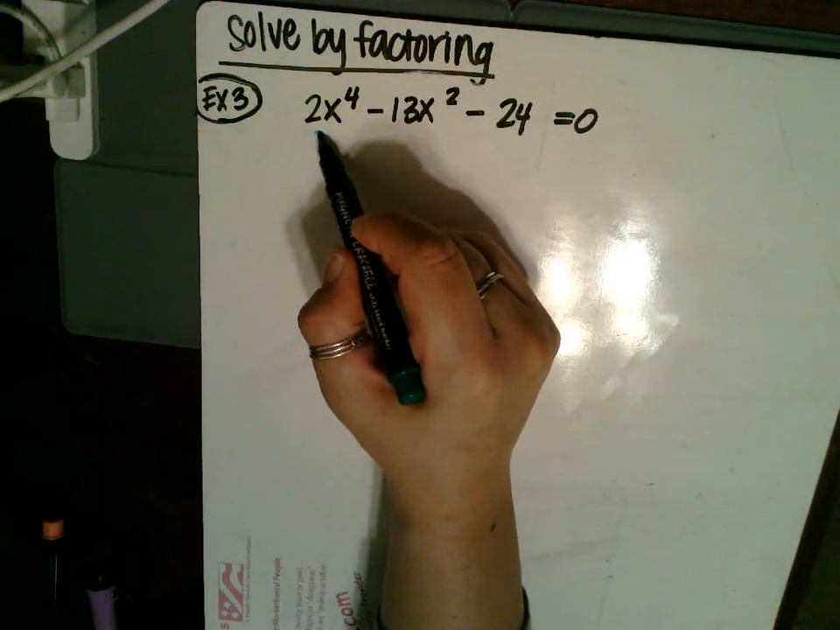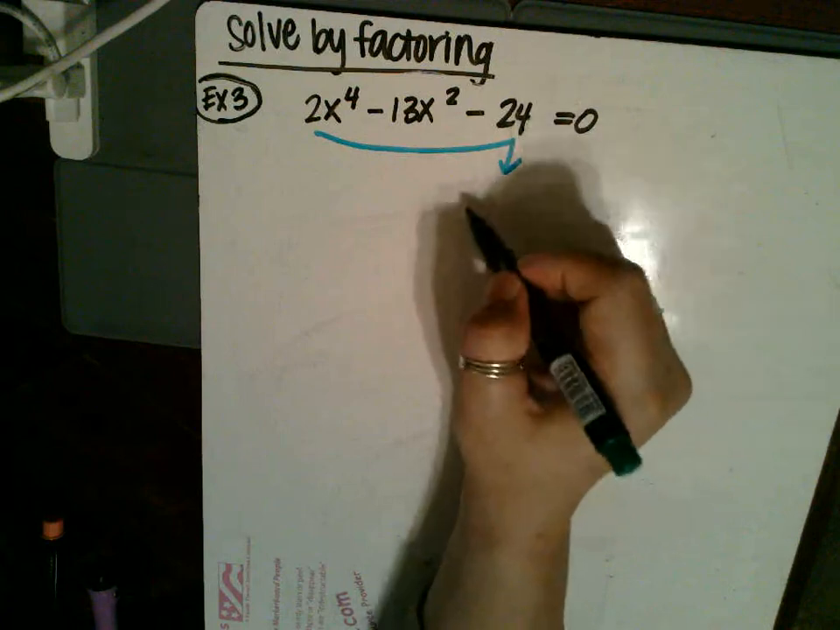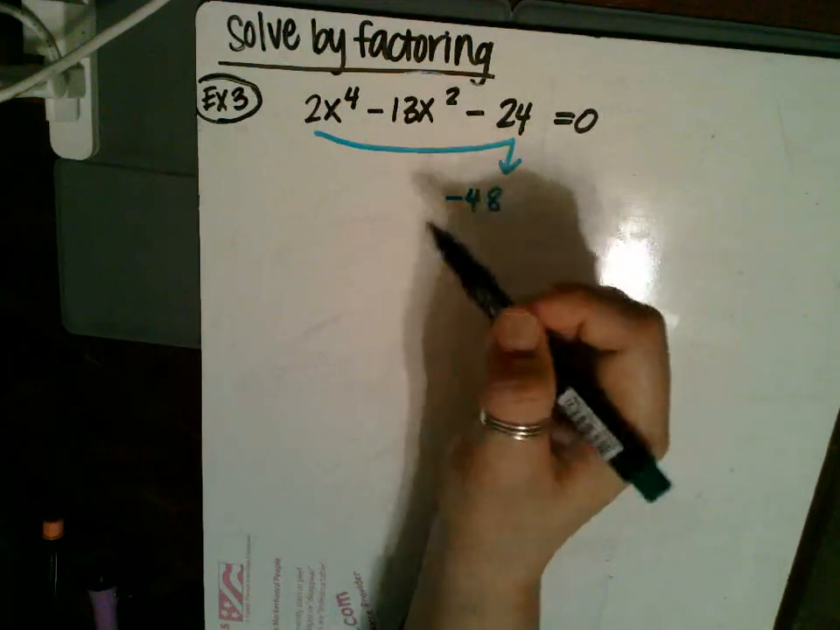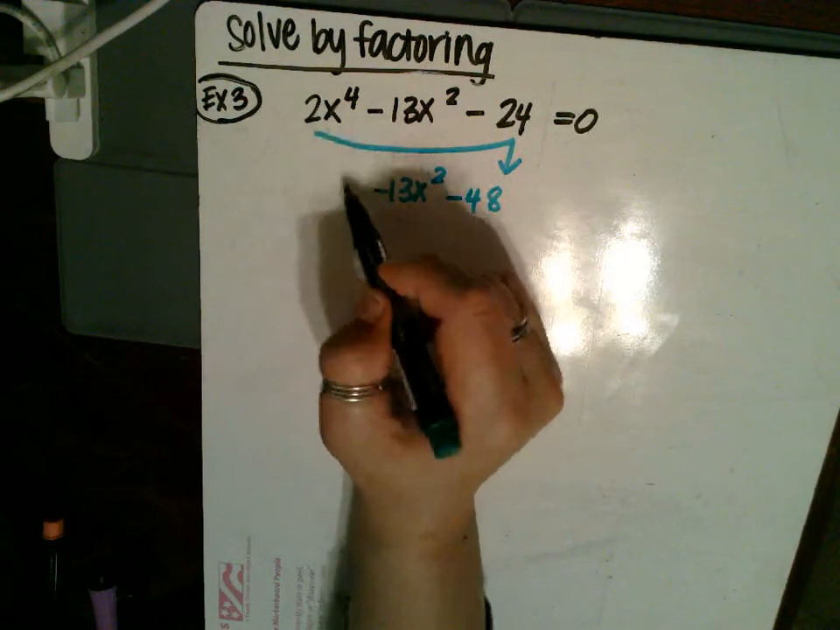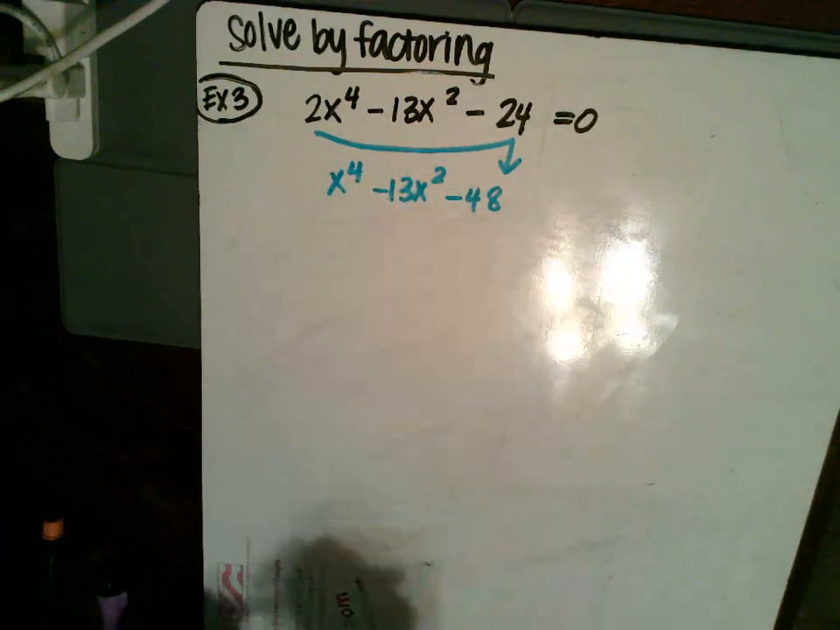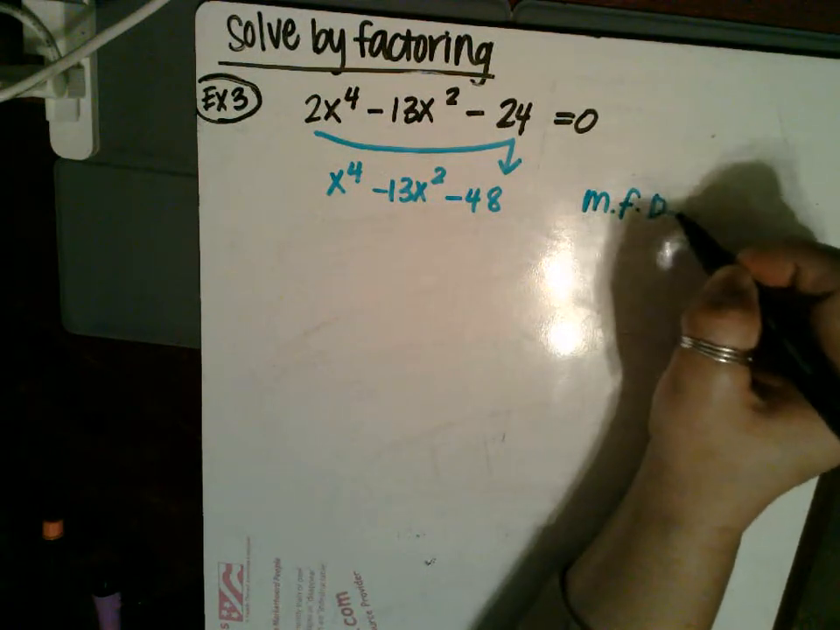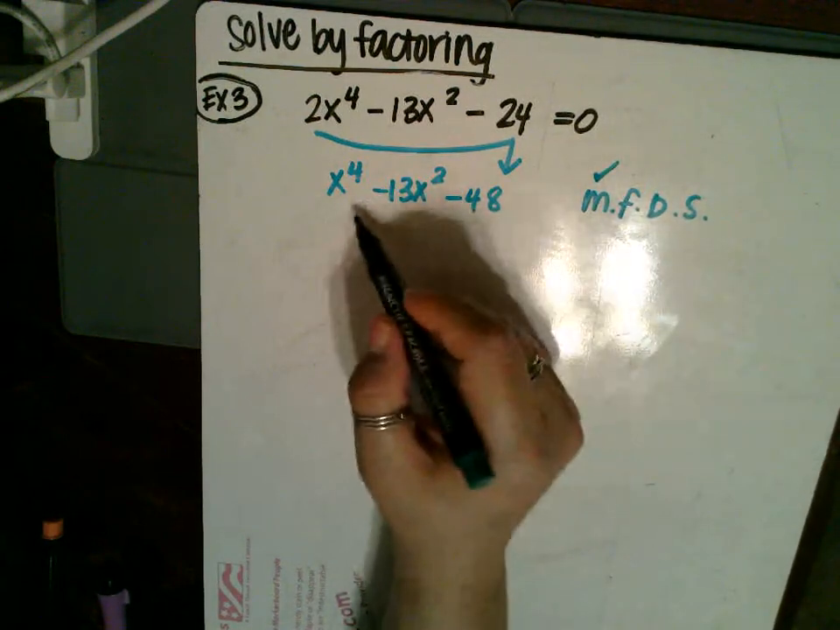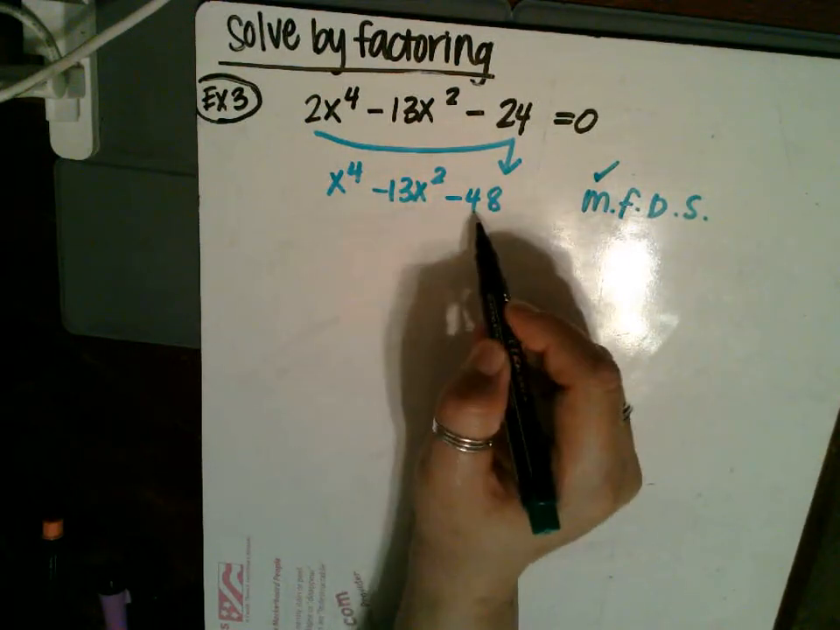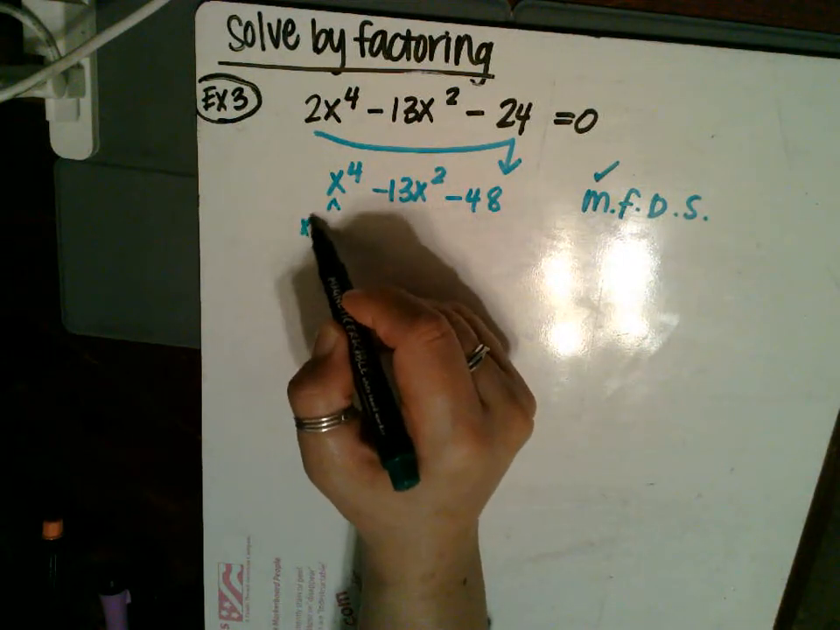So again, multiply the first and the last together. 2 times negative 24 is negative 48. Keep your middle term and change this to just x to the 4th. So I'm going to multiply, factor, divide, slide. This is the strategy I've multiplied. Now I need to factor this degree 4 polynomial, which is just like the last example. This is x squared,